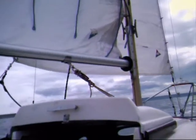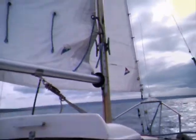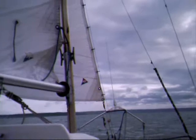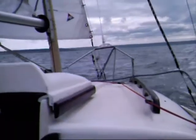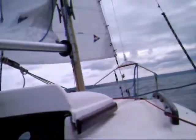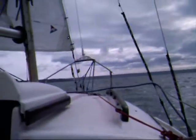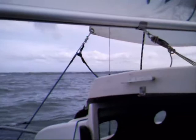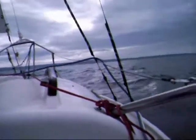Well, that's good. I got this awful feeling the wind shifted a little bit, which is perfect because when I get in between the two buoys, I didn't have a nice tack angle. My nice tack angle now is like 40 degrees. Well, once again, my batteries are running out. I made them last a bit longer, but I'm not going to be able to film it or try and save some battery now. Just coming up on the